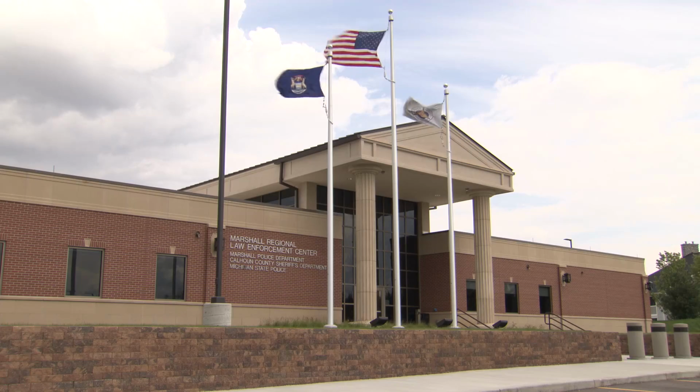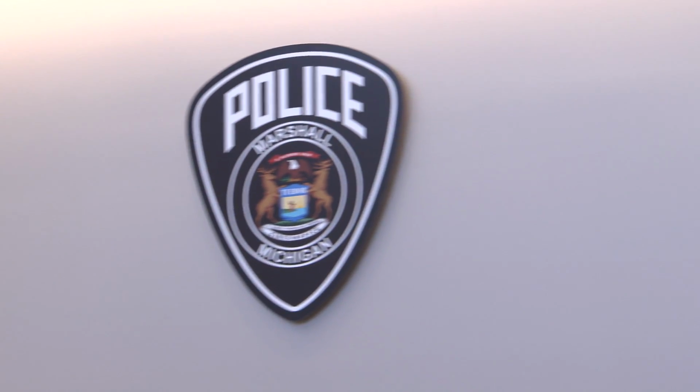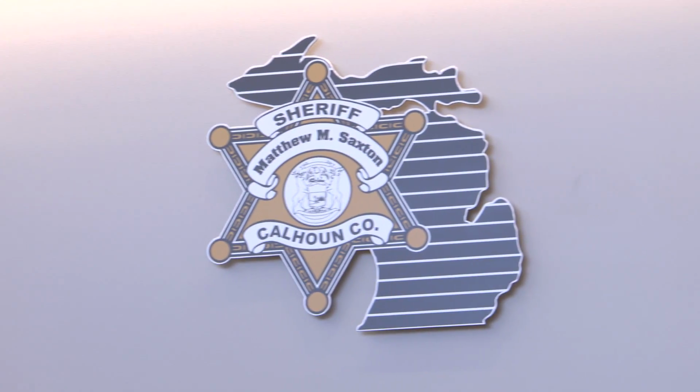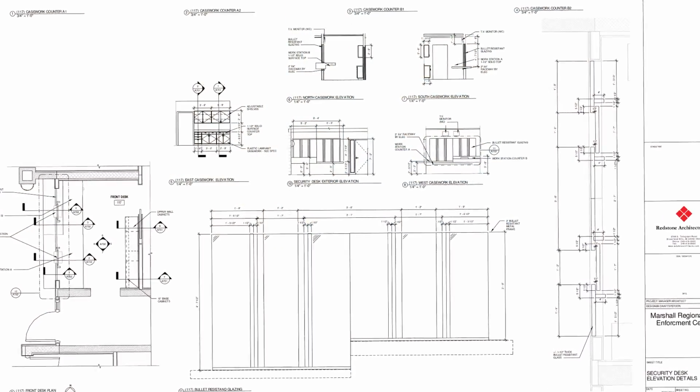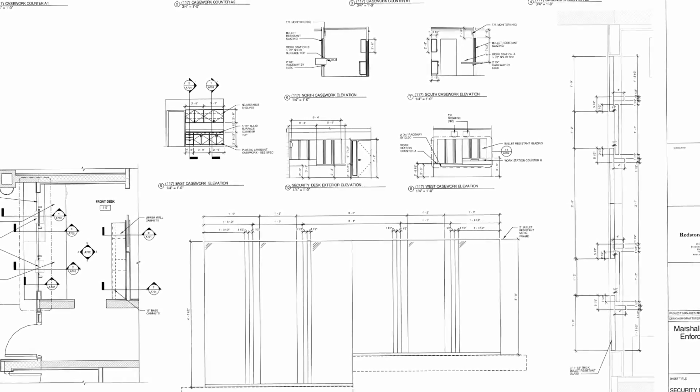The 36,000 square foot building is the first cooperative law enforcement facility in Michigan and unlike anything across the country. Early on in the process, when this building was being conceived and the design was going into it, Redstone Architects was a big player in that, obviously, because they're the ones who designed the building, and they took our input at each step along the way. And for all those reasons, I think that the end product has turned out to be a great fit for